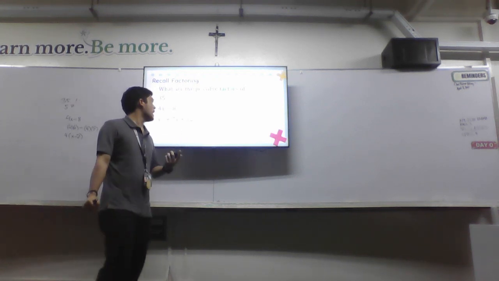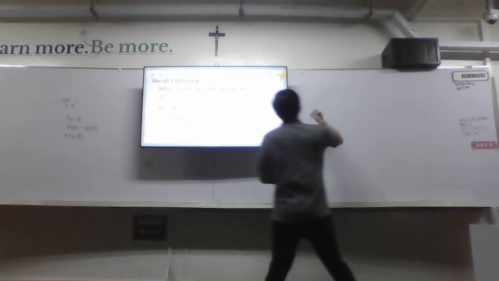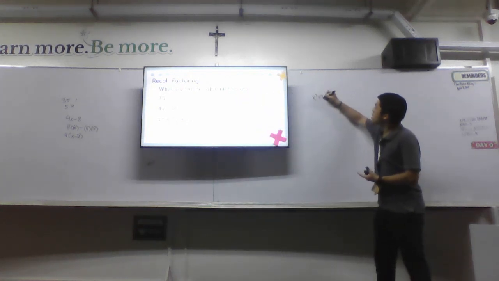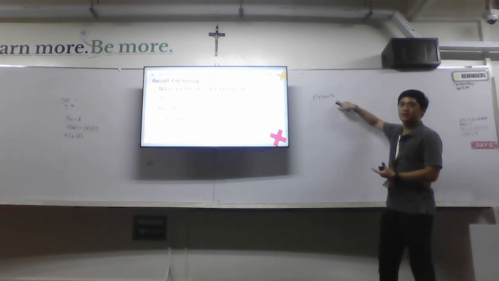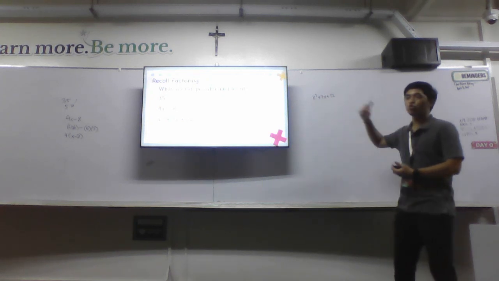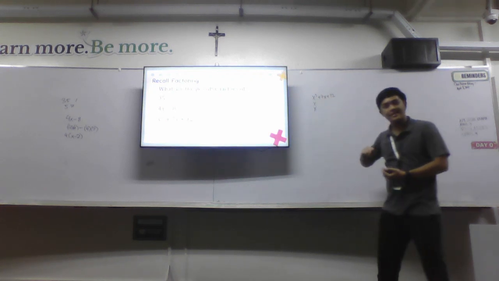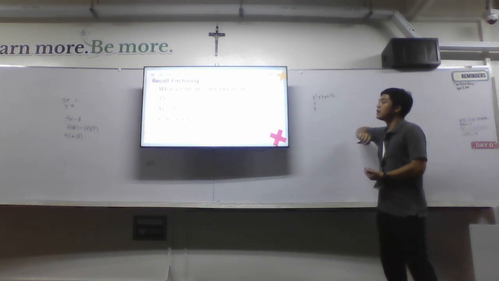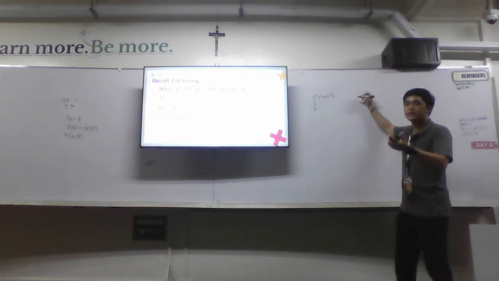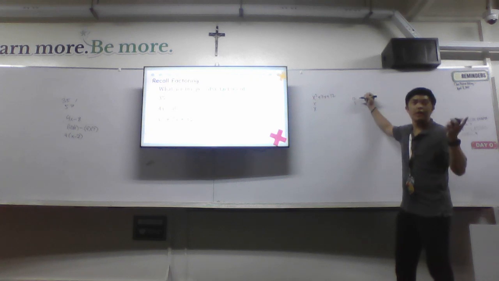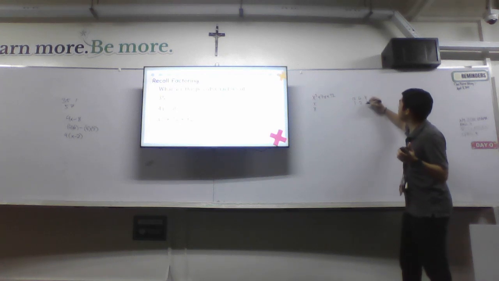Okay, that's correct. So how about this one? This one is a little bit harder: x squared plus 7x plus 12. Here we are going to find the possible factors of the first and the last terms. The first is x squared. What are the two possible factors of x squared? Yes, that's correct, x and x. Next, we're gonna find the possible factors of 12. Yes. Okay, 12 and 1. Okay, 6 and 2. Okay, 4 and 3.